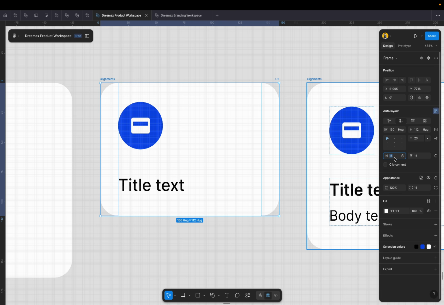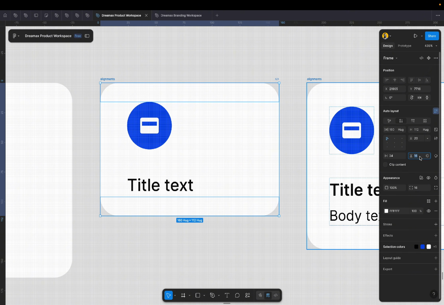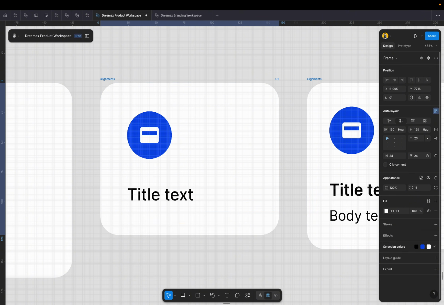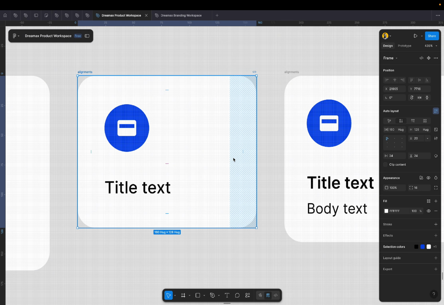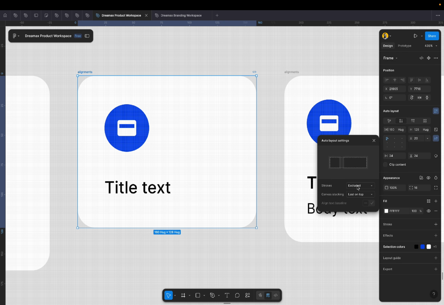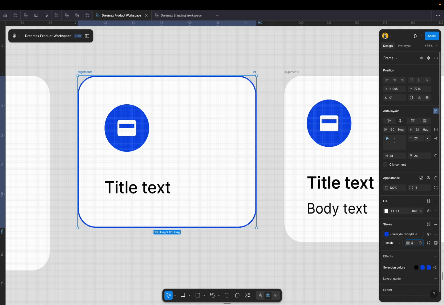I can increase the horizontal padding on the left and right to 24. I can increase the vertical padding from the top and bottom to 24 as well. Okay, and it adjusts dynamically. I can also use more settings that are embedded within the auto layout settings. Things like exclude outline, like if this had an outline color of blue, for instance, and we give it a strong width,